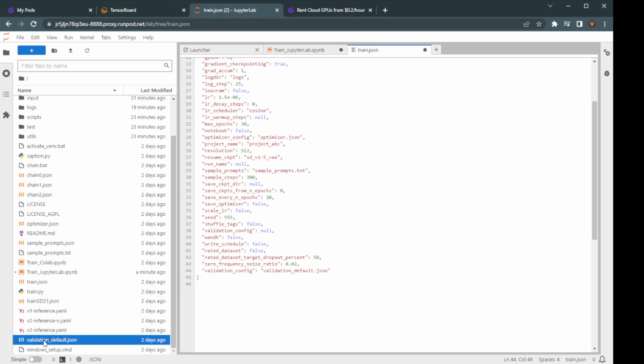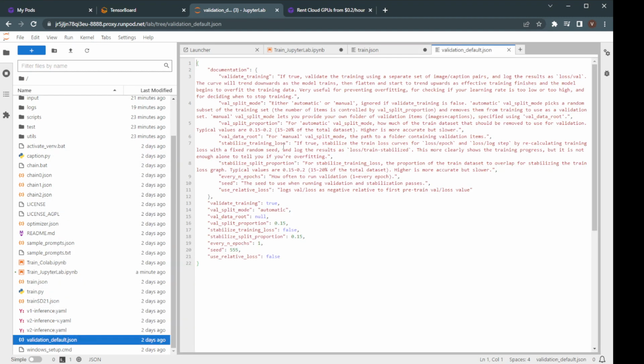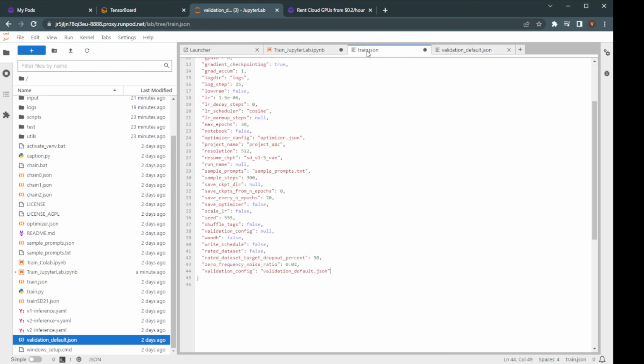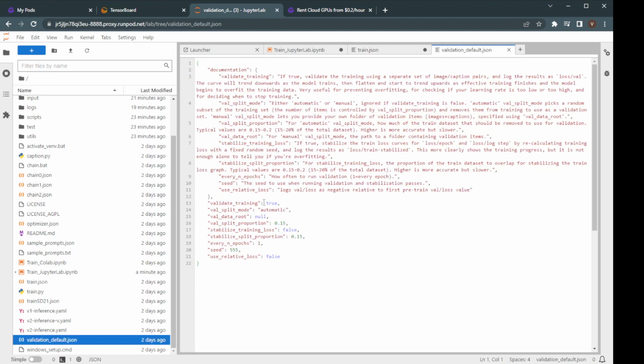And we can also then look at the validation default. I will also open that in an editor, and you can see now, since I've set validation config to validation default, it's going to load the validation config from this file. And you can see here that this is going to turn on. You can read through this documentation. I'm not going to go over the details of validation. That will be out of scope for this video, but you can see that now it's going to turn on